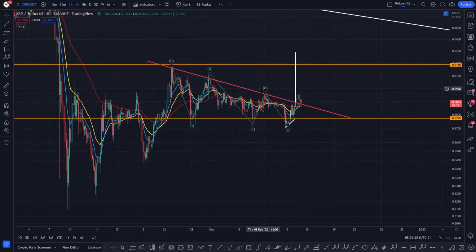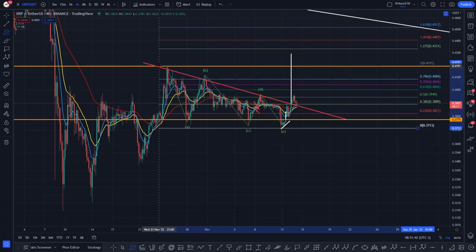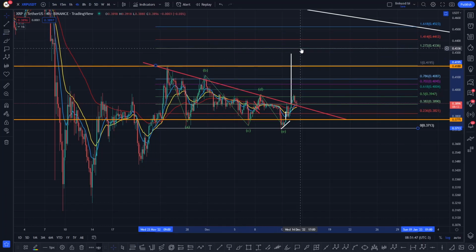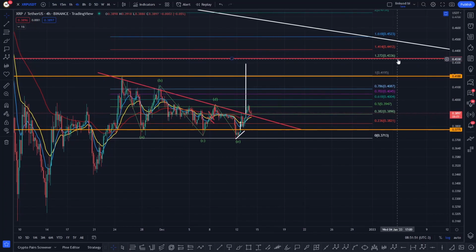So like I said to you, I was short of this resistance, came all the way down, I moved my stop down onto that high, I got stopped out, I made a bit of profit just there for XRP, and it is what it is, okay? So just here at the moment we could be looking at a retracement from this low all the way up to this high, and I think we could get as high as potentially the 1.272. So that would be a major level of resistance for me going forward, where I would be looking to take profit on any longs, swing trade into that level of resistance just there,